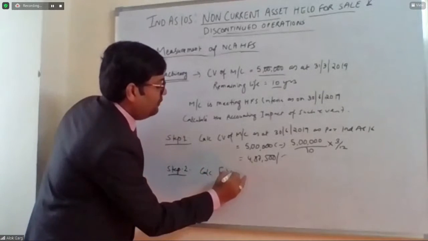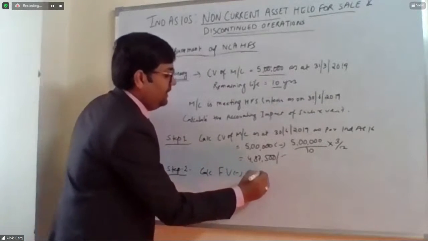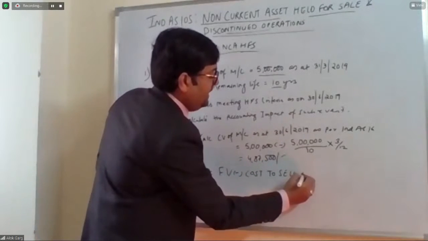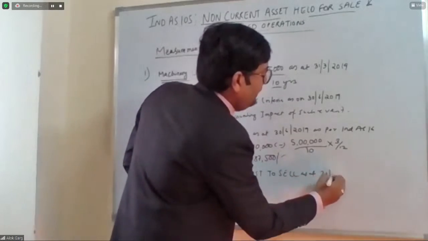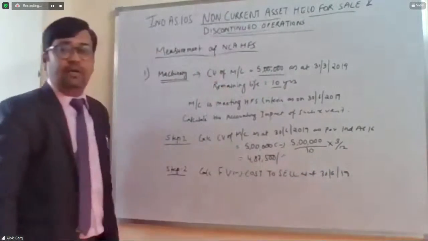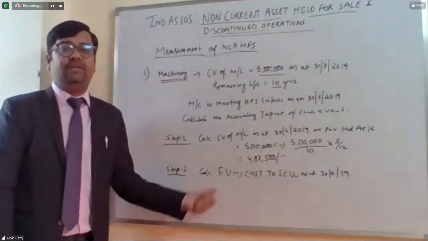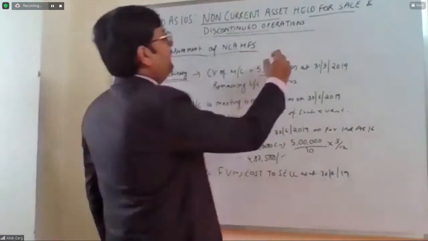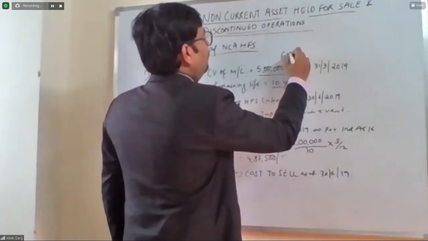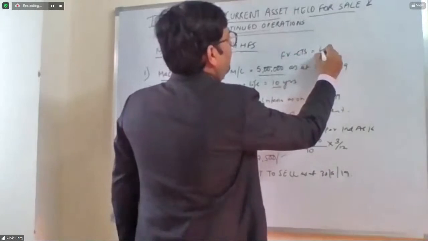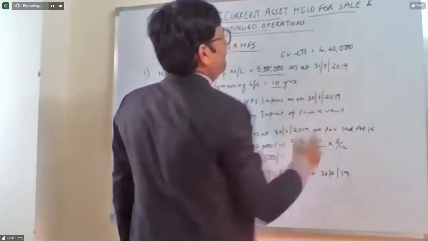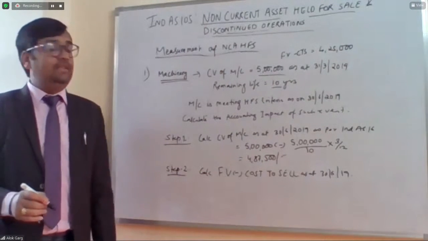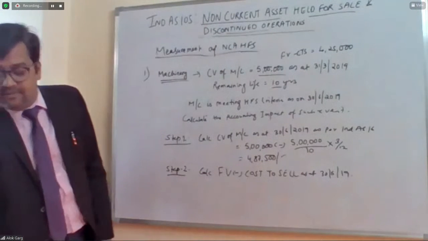Calculate fair value less cost to sell on the date of classification, as at 30th June 2019. For example, in this question, the fair value less cost to sell is given at 4,25,000. It is given at 4,25,000. Okay. So in this case, step 3